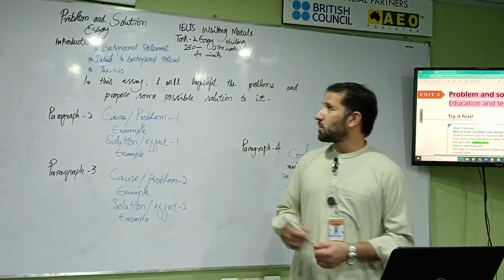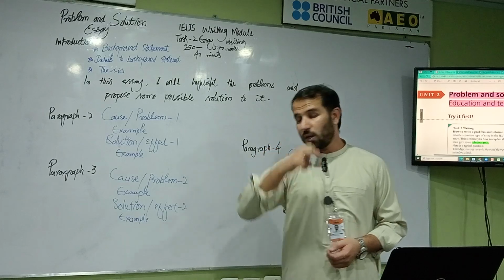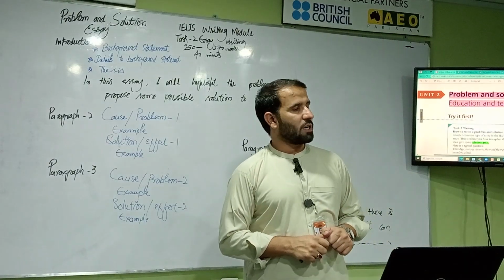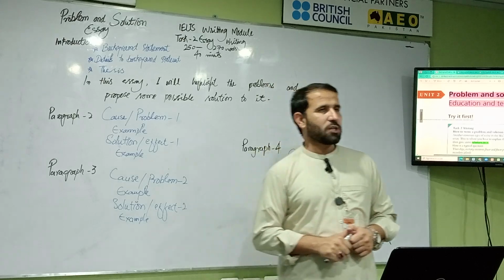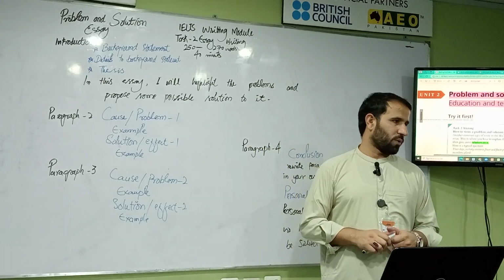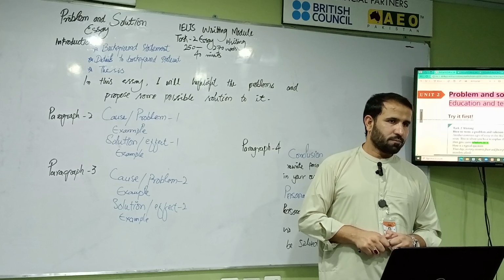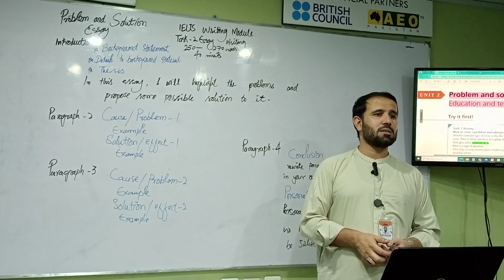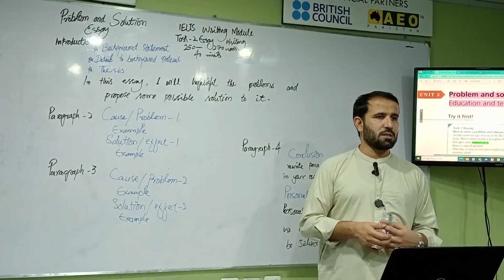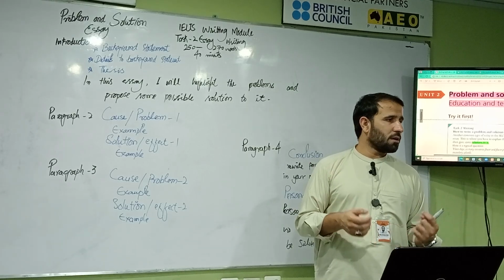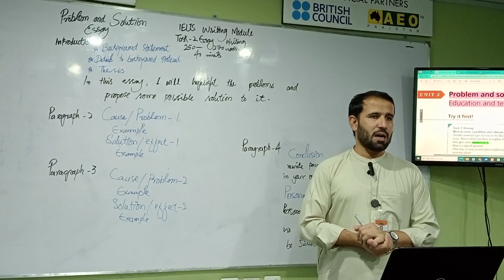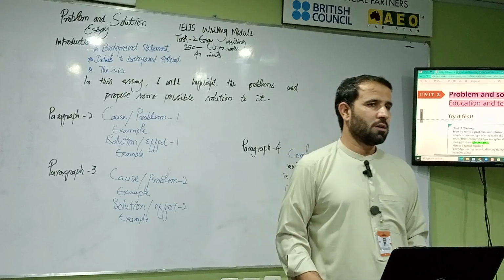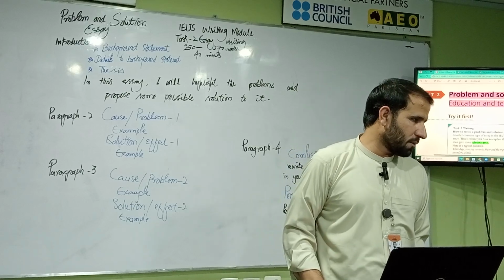So, today we will be talking about the problem and solution essay. The very first paragraph is introduction. You will provide some background and then details to that background. For example, I can talk about the BRT local bus service here in Peshawar. The BRT has some problems. One of the main problems is there are less buses. And the main and important thing is that it has some issues, that is rush hours and some other disorders.